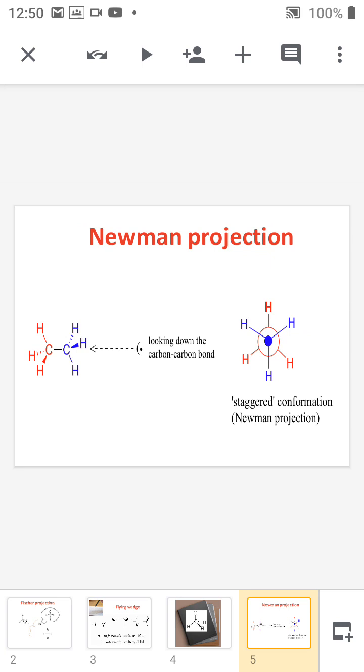So there are two carbon atoms in ethane. The first carbon atom is represented by a blue carbon, and the second carbon atom is represented by the red one. So if you are observing the molecule in the same direction as the dotted arrow,